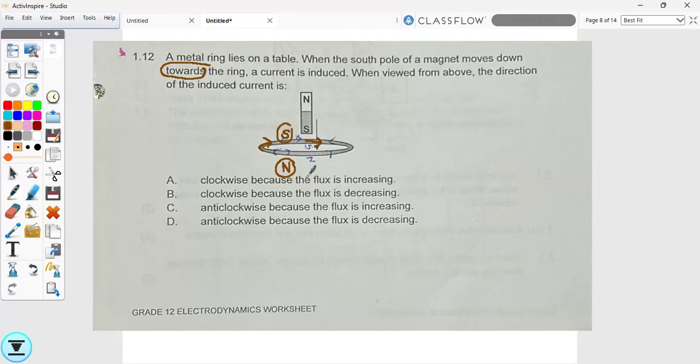Yeah, so you're getting it now though. Okay, so it's going around like that, like that, like that. Perfect. So it's going to be clockwise. Oh, so they're telling you reasons as well. So it's one of these two: because the flux is increasing, or because the flux is decreasing. So this time the flux is increasing because it's getting closer. But that's kind of a weird question because it's not a constant field. The field is changing, but it is increasing. So the answer would be